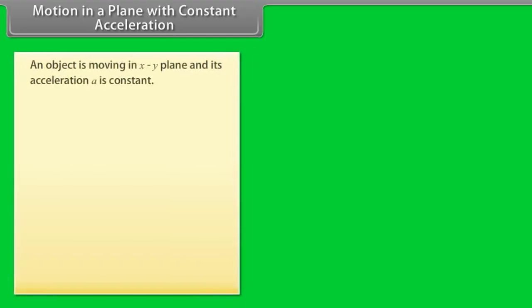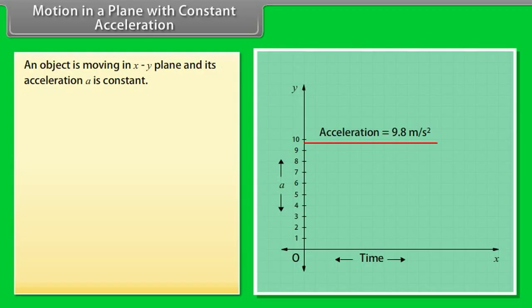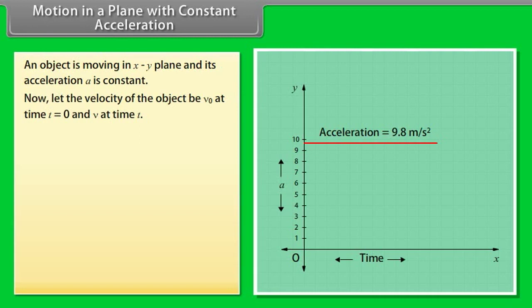Motion in a plane with constant acceleration. Let us take an example to understand. An object is moving in the xy plane and its acceleration a is constant. Now, let the velocity of the object be v naught at time t = 0 and v at time t. v = v naught + at. This is the equation in component form. We conclude that